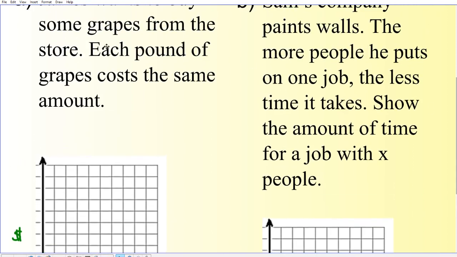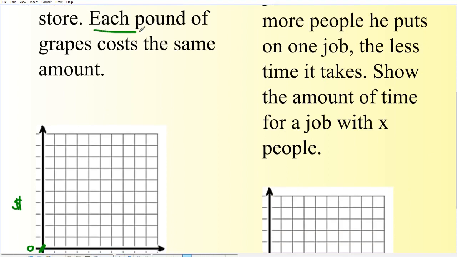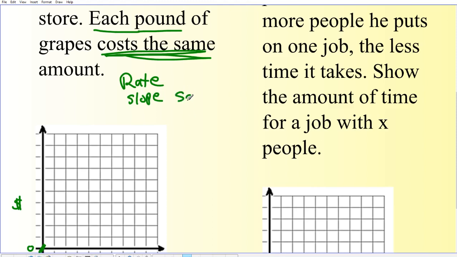Alright, so each pound of grapes costs the same amount. That is actually the important sentence here. Each pound of grapes costs the same. The rate they charge you for grapes is the same. The slope is the same. So if your slope is the same everywhere, what would your line look like? Why, it would be